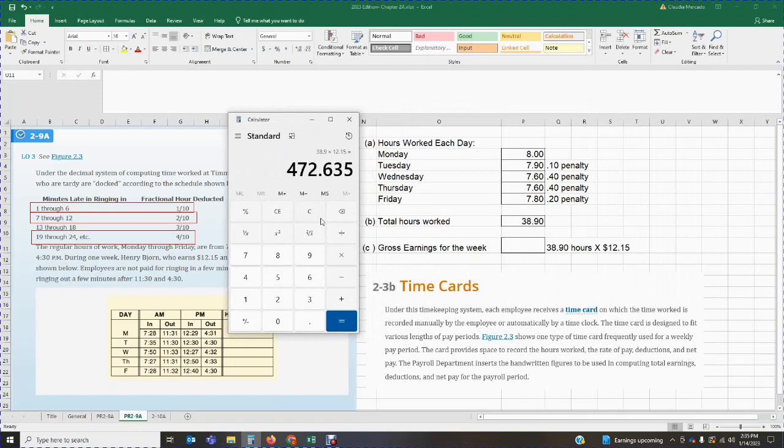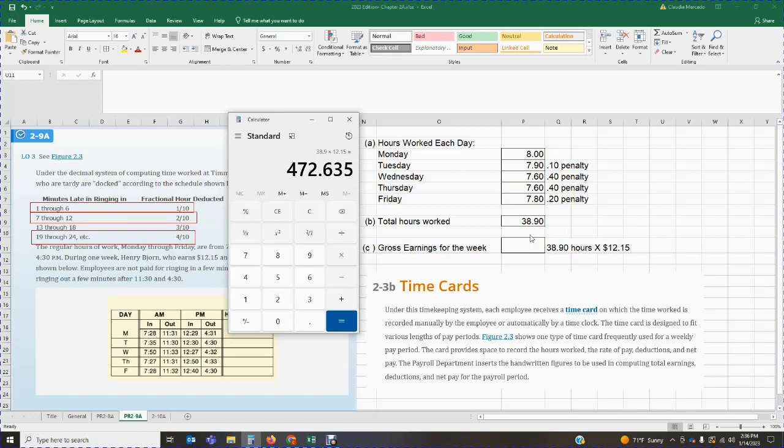So this employee is going to earn $472.635. Now, when we have 3 digits, we always look at that third number. If it's a 5 or greater, we're going to round up that second number to a 4. If it's between 0 and 4, we keep the 3. If it's 5 or greater, we make that 3 a 4. Okay, so in this case, we're going to round up because that third digit is a 5. So the gross earnings for the week will be